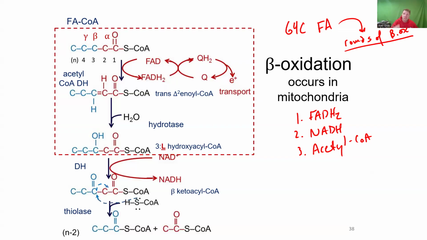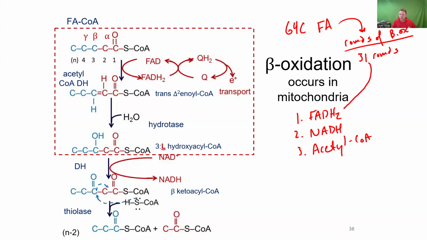Okay, so a 16 carbon long fatty acid gets 7 rounds of beta oxidation. The way that I always think about that number is I divide it by 2, subtract 1. Patricia says 31 rounds. You're absolutely right. You're going to do 31 rounds, because 31 times 2 is 62, plus 2 will get us to 64.